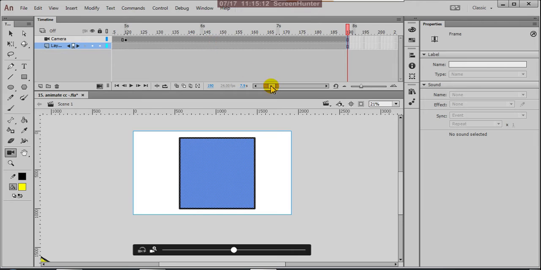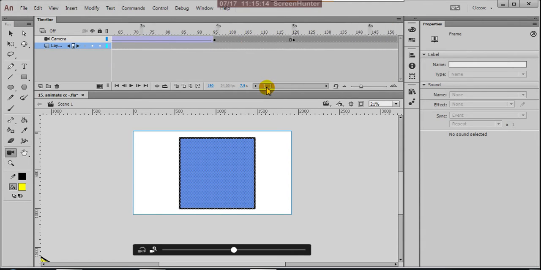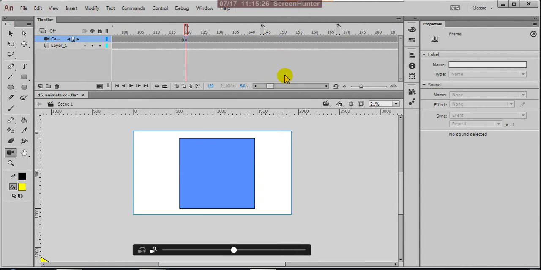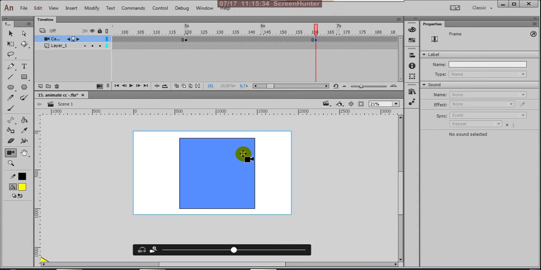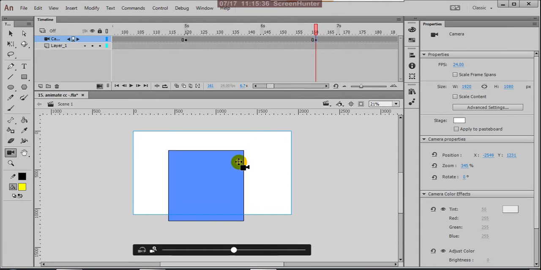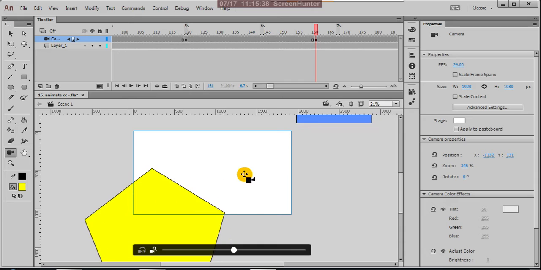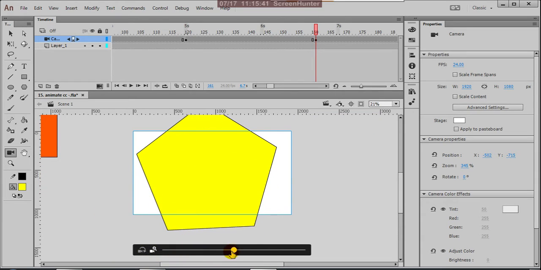From here to here the same frame will come, because we are holding the camera on blue. Then from there, up to 160, insert a keyframe.